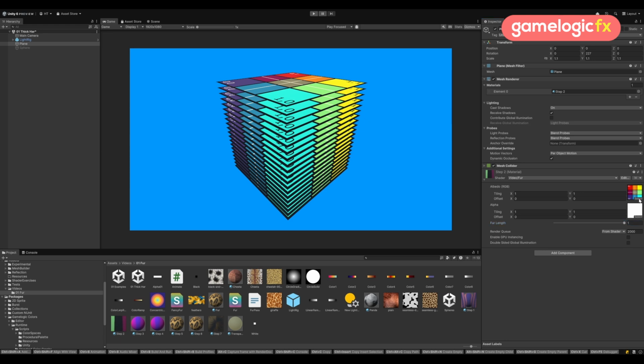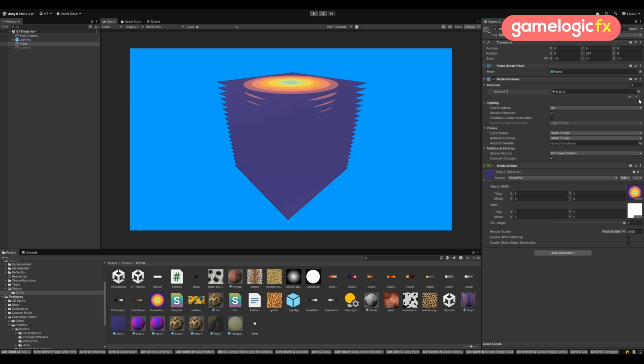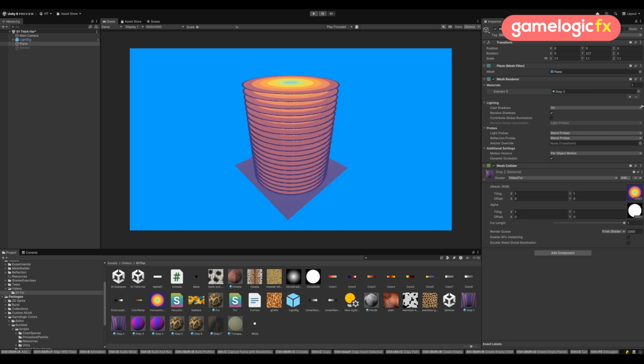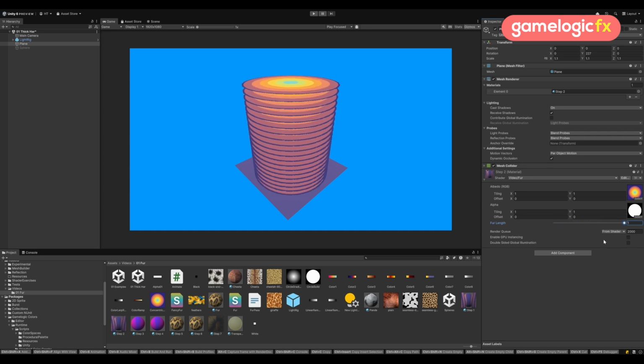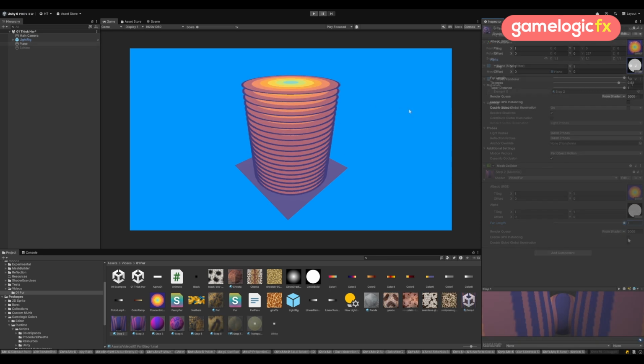To see how this works, let's use a simple quad to start with. Our shader needs two key components, a main texture for the fur color and an alpha texture that defines each strand's cross-section shape. We'll start by working with a single oversized strand to clearly see how everything works. Another key parameter is the length control. This displaces the layers and affects how long and dense the fur appears.